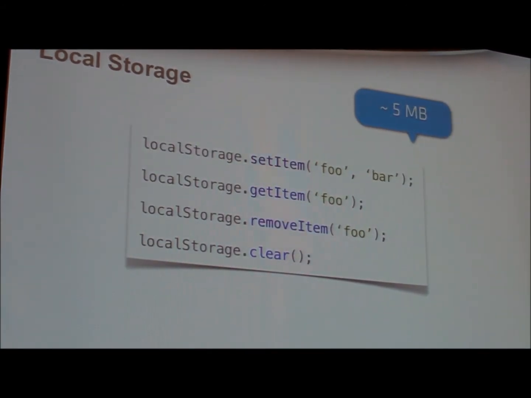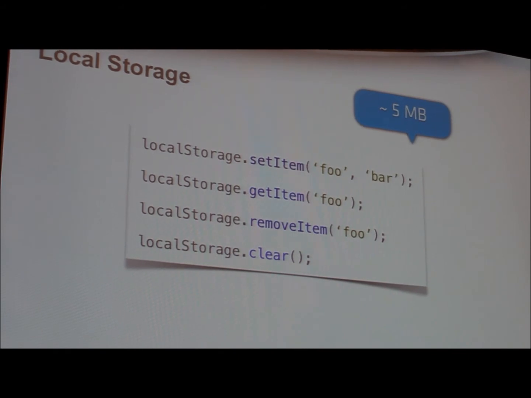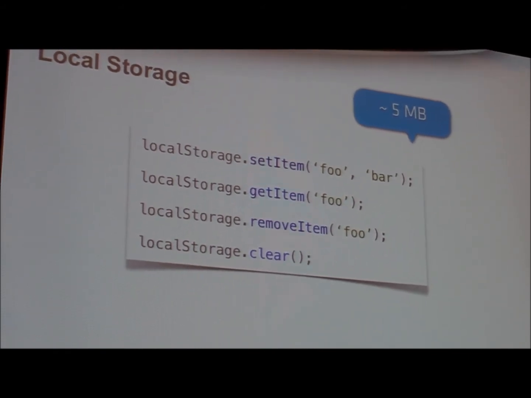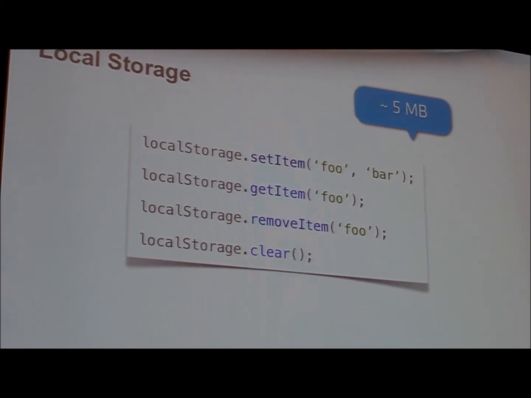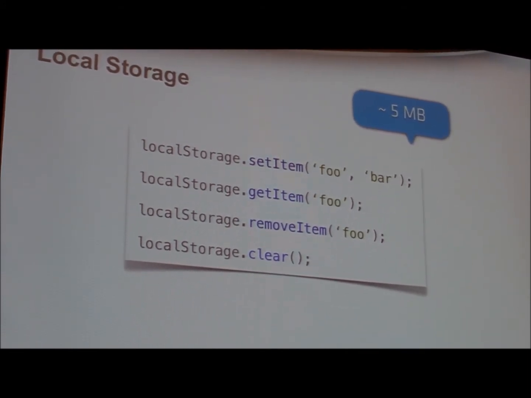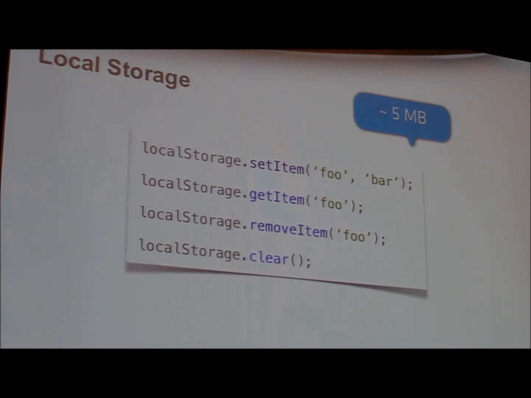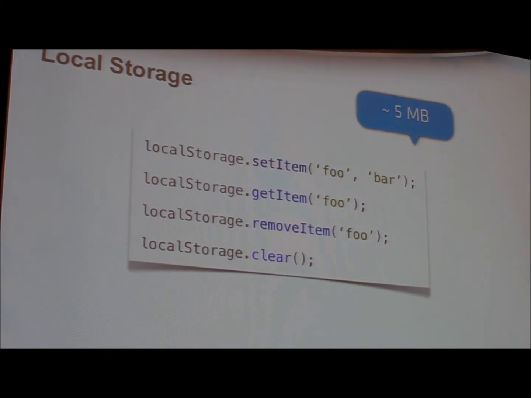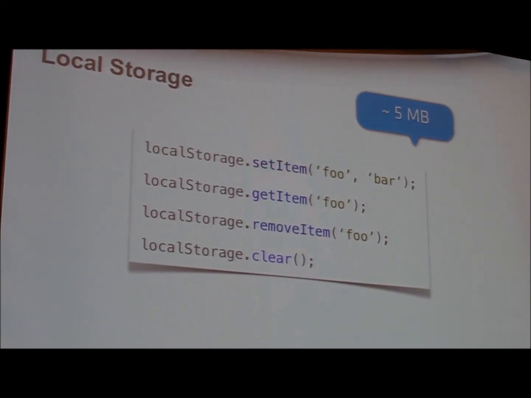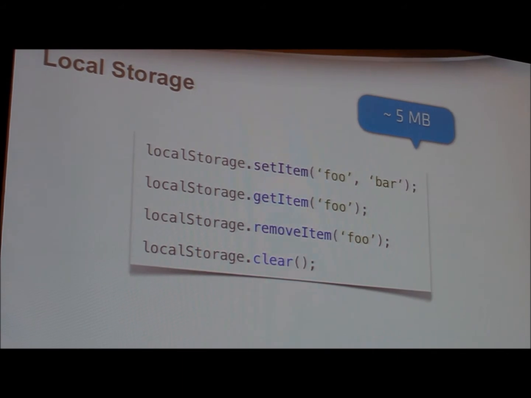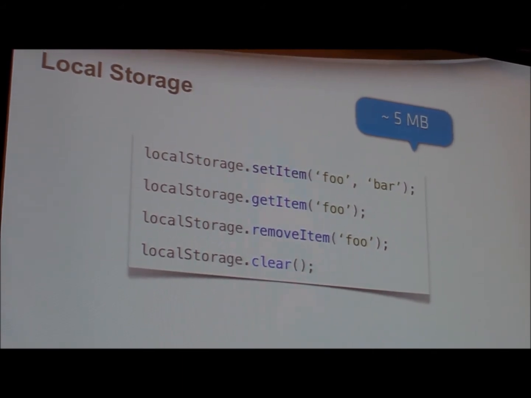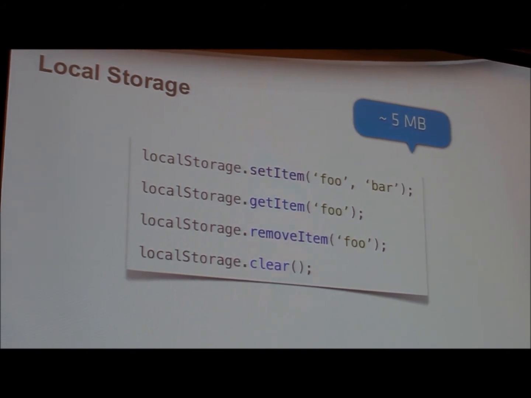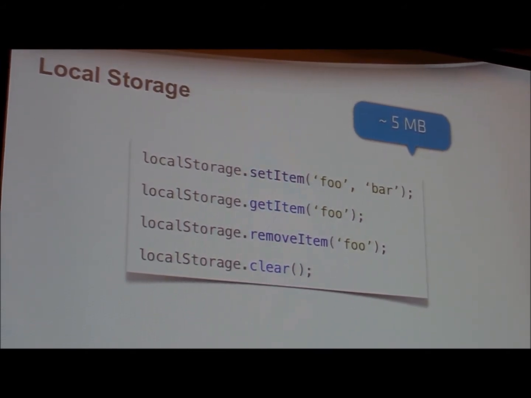Another way is local storage. This is pure JavaScript-based. On the global object, we have an object called localStorage, and you can store items, you can retrieve them, you can clear everything, and do crazy stuff. Typical browsers are limited to 5 megabytes, and some devices allow you to increase the capacity by prompting the user. If you install, for example, the Financial Times app, then the first time it prompts you, hey, do you want to increase the storage size? Because obviously when you fetch all the news and images and so on,